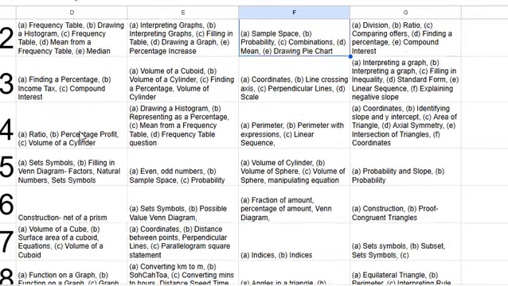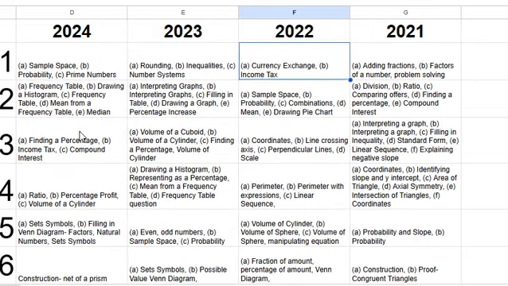The year before that then, 2022, yeah, currency exchange came up there in part A. In question 1, it was the first question on the paper, and income tax again in part B. And then